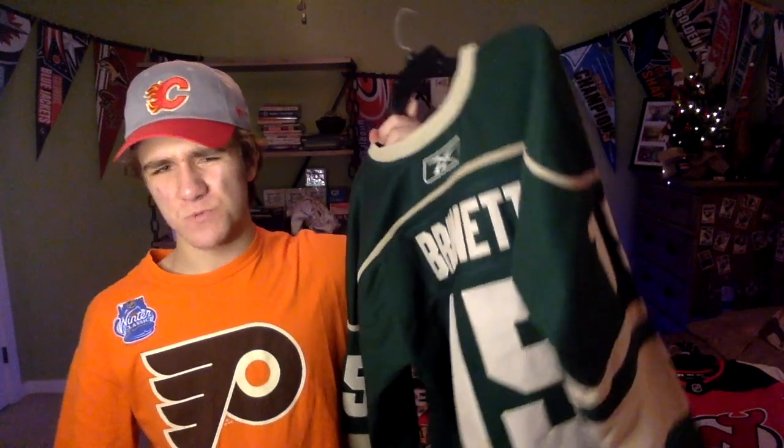Next up here, moving on to the Minnesota Wild, and again, I don't have the Los Angeles Kings. That's another team there I almost forgot. Don't have them yet. Minnesota Wild. This is obviously one of their old jerseys, the old alternate logo with the A and Andrew Brunette. I think Brunette is with the New Jersey Devils now, but he was coach of the Florida Panthers, and when I figured this out, I was actually shocked. I'm like, wow, I have a jersey of a former player that is a coach now,